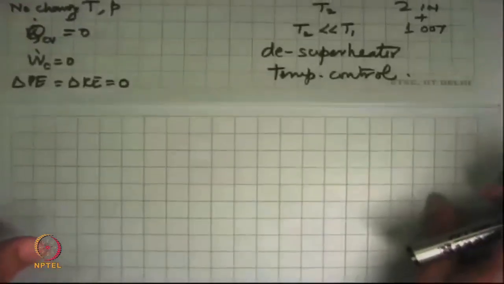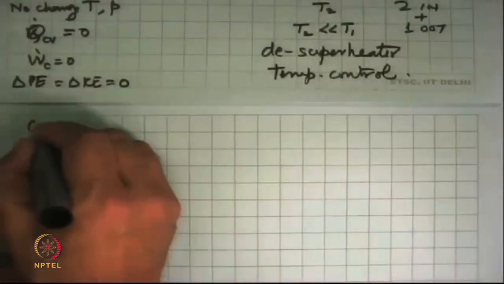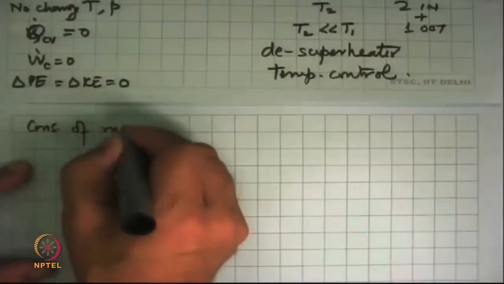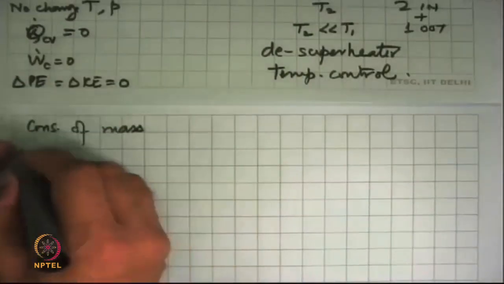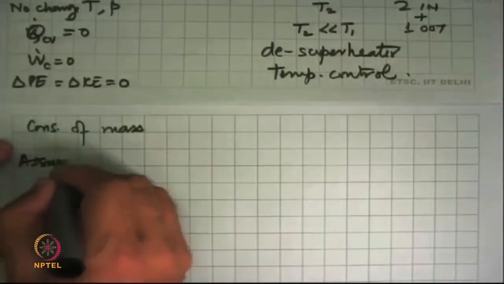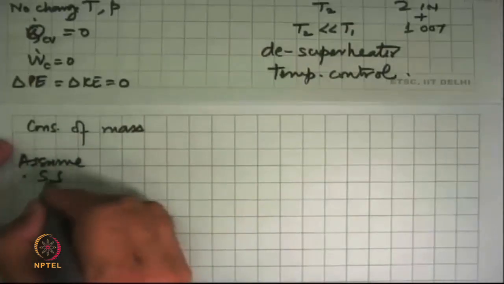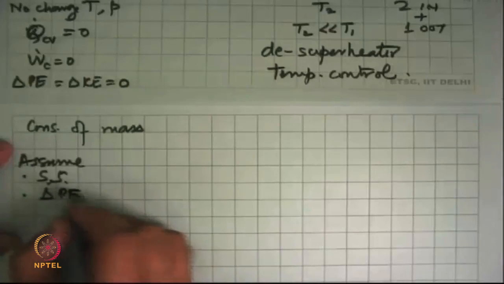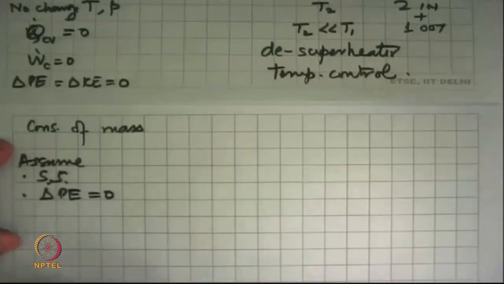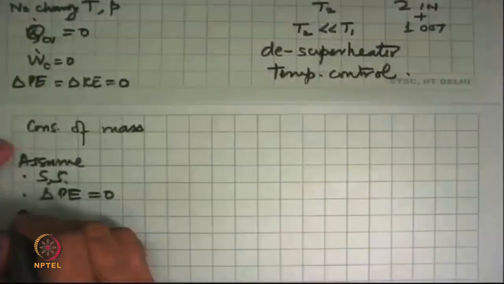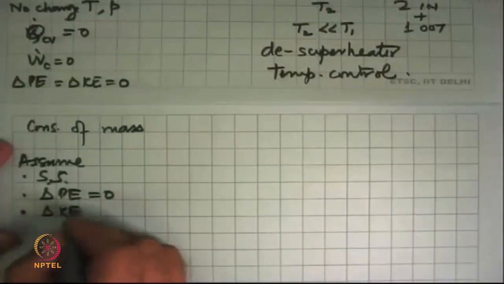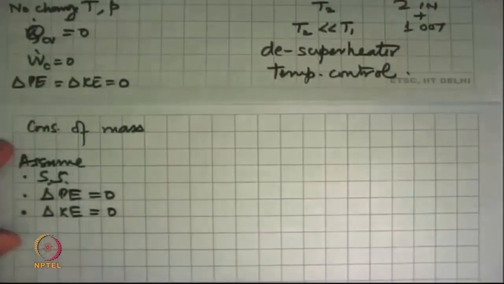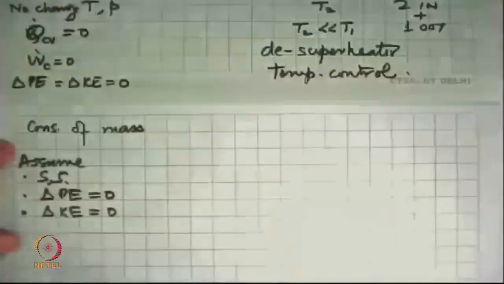So the analysis of this will proceed exactly the same way that we have looked at before. We know this is an open system, so we write the conservation of mass as before. But before that, we make all the assumptions that we need to do. We say that first, of course, it is in steady state. Then we say that changes in potential energy are very, very small. The device is very compact. Changes in kinetic energy are also negligible. We do not accelerate the fluid very much here at all.